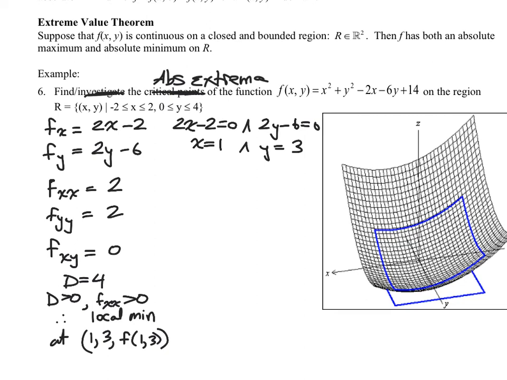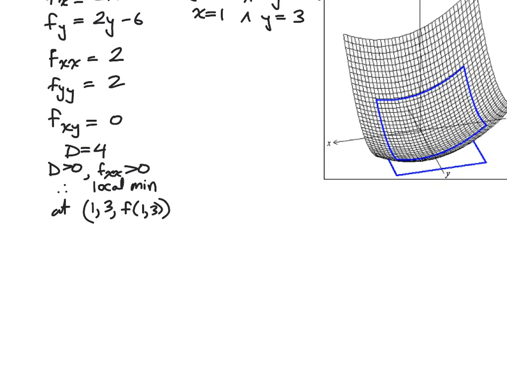All right, so how do the boundaries come into play? Well, if you're living on any one of these boundaries, it's because you've achieved one of these extremes for x or y, right? So what we need to do is work our way around that square base region and find extreme values for just those boundaries, right? So we're going to decompose this three-dimensional graph into a two-dimensional graph by letting